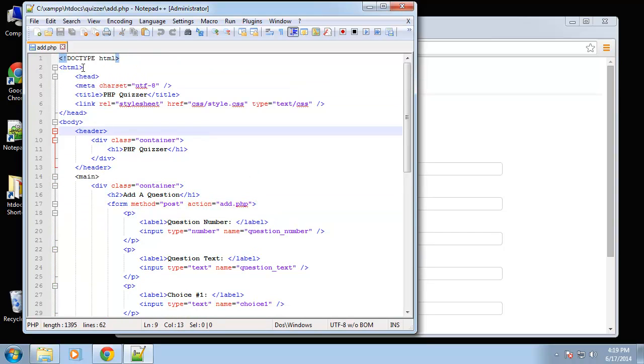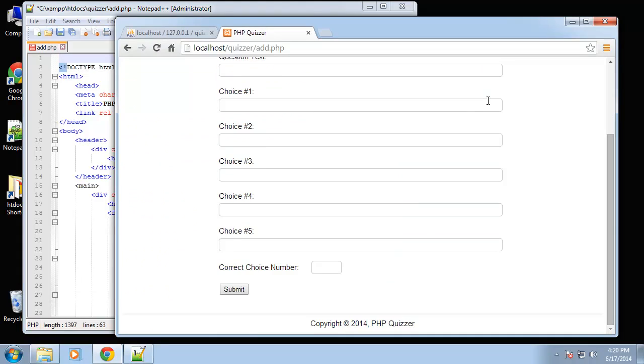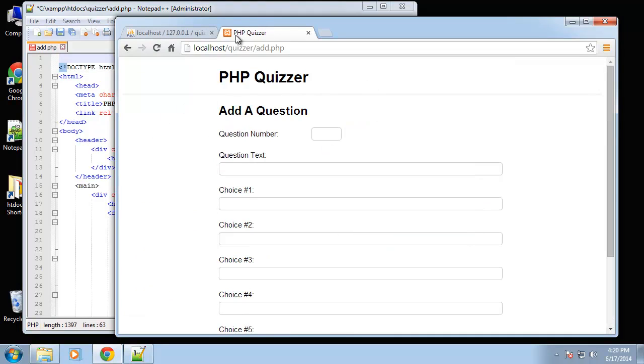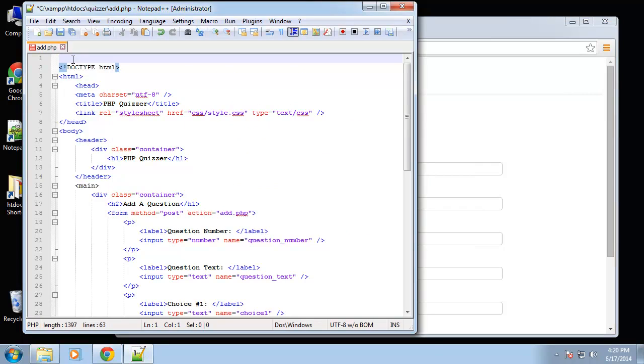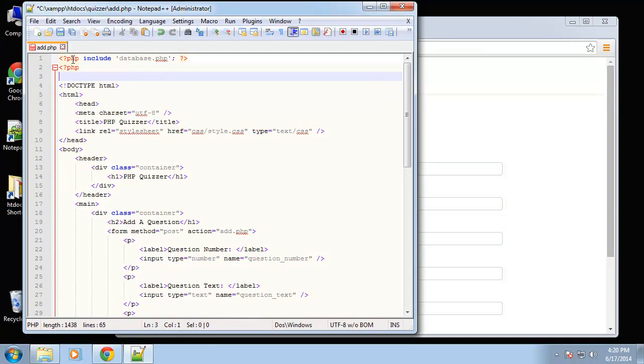Alright, so what we want to do is up at the top here, before we output HTML, we want to check for and see if the submit button was pushed. Alright, so if this submit button's pushed, then we want it to do something. Okay, so let's first of all connect our database file, or include it. Alright, now we want to check to see if the submit button was pressed. Alright, so we're going to say